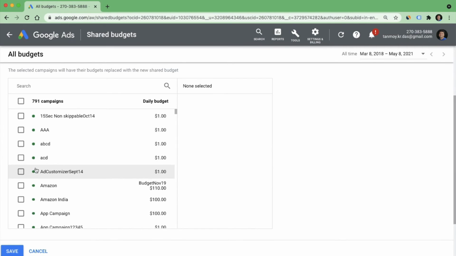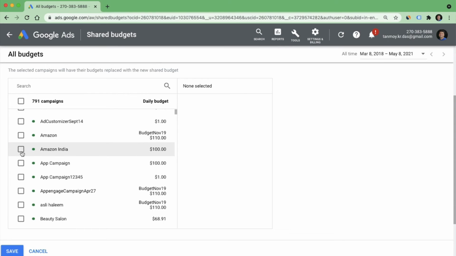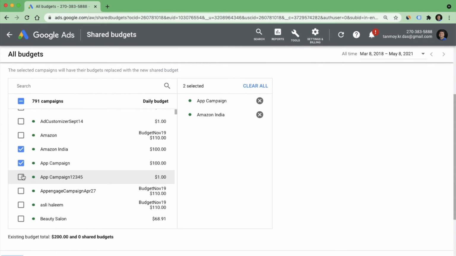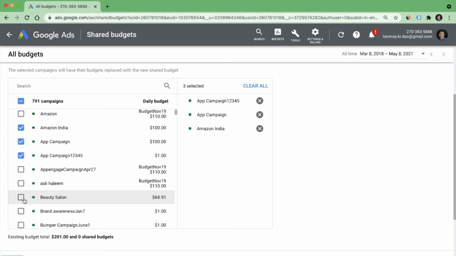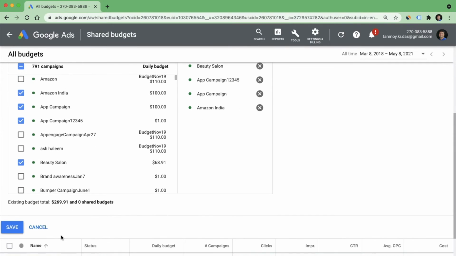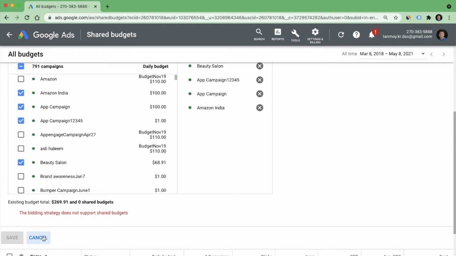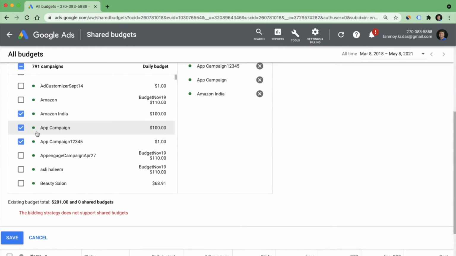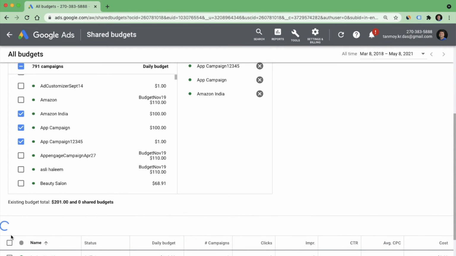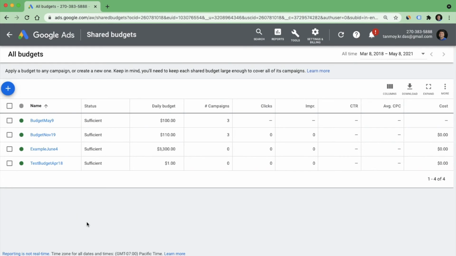So you can select your campaigns from here in this particular manner. Right? So like this, you can use shared budgets for multiple campaigns if a lump sum amount has been given to you to be spent on your Google Ads account.